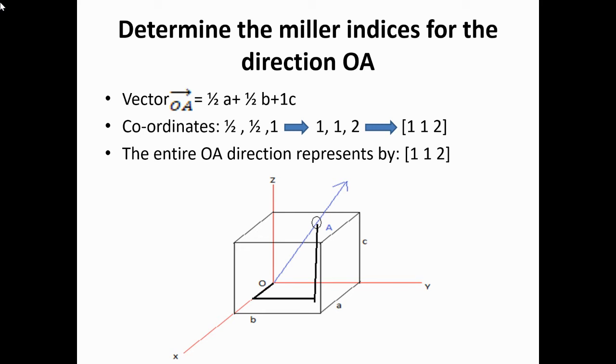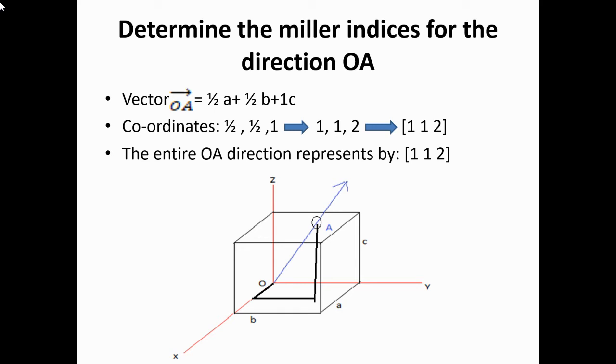It is common. Okay, now in the next step you have to find the coordinates of another point which lies on the direction. So we choose any point A on the direction. Now how can you measure the coordinates of this A? To locate this point you have to go first from the origin towards the x-axis.